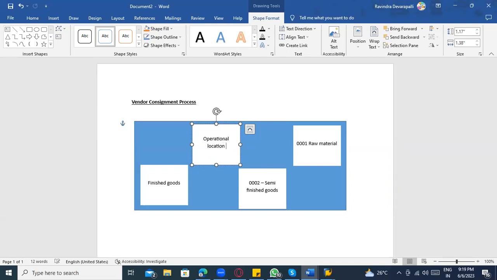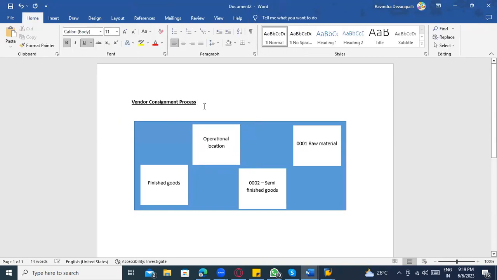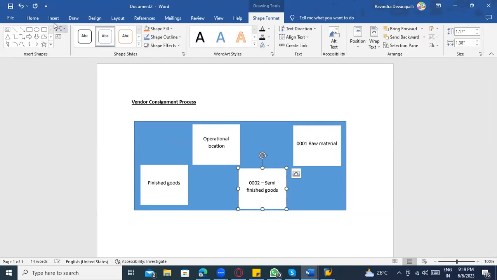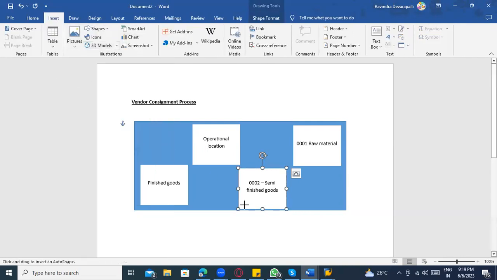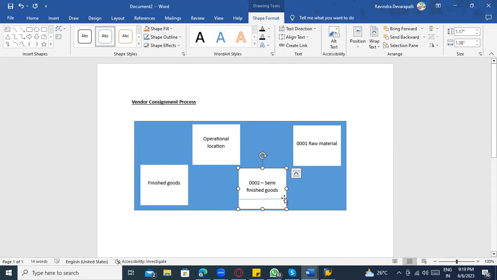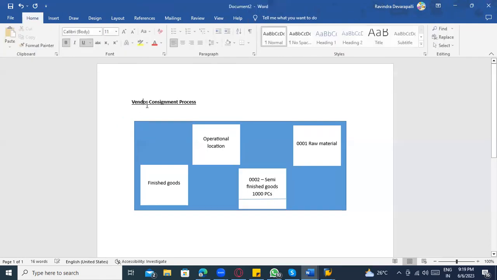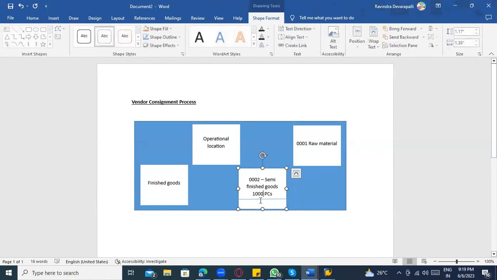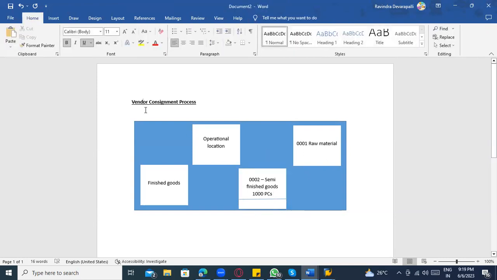Now in the consignment process, what will happen? I'm requesting the vendor to keep the stock in my premises. That means if you see that I have so much stock available, let's say 1,000 pieces are there. Now I'm requesting my sub vendor to keep stock in my premises, but I'm not paying the amount immediately to the vendor, because I'm just requesting that. Since I need the product regularly,